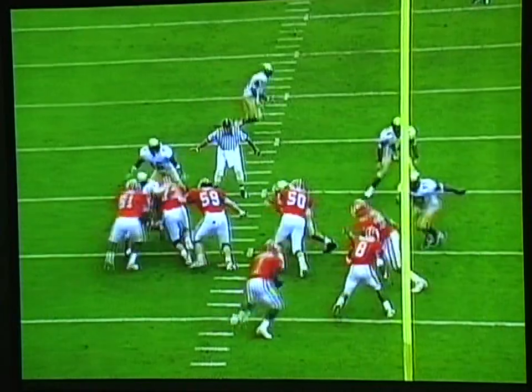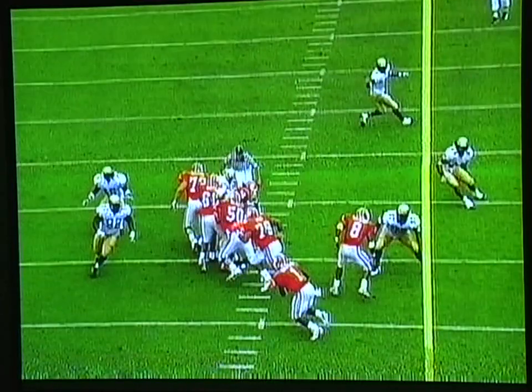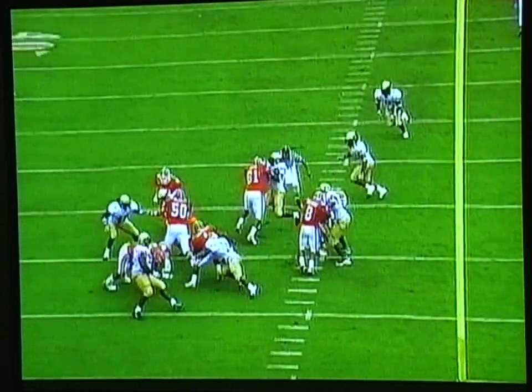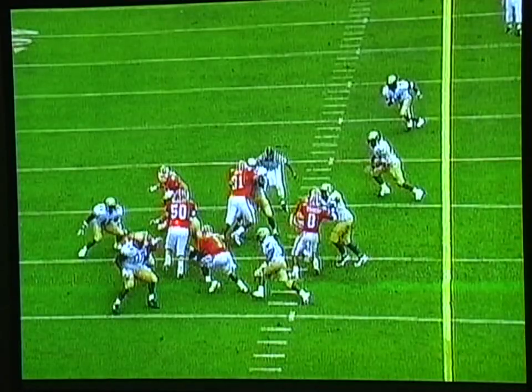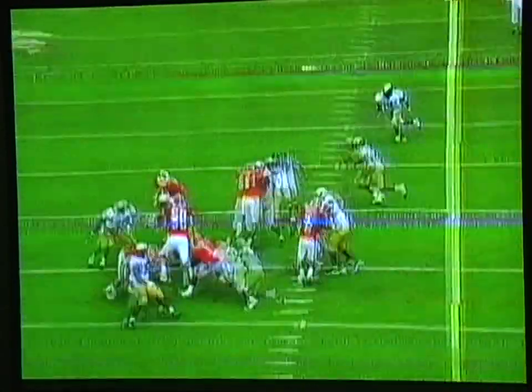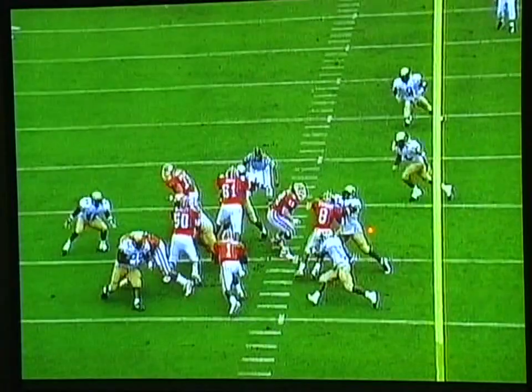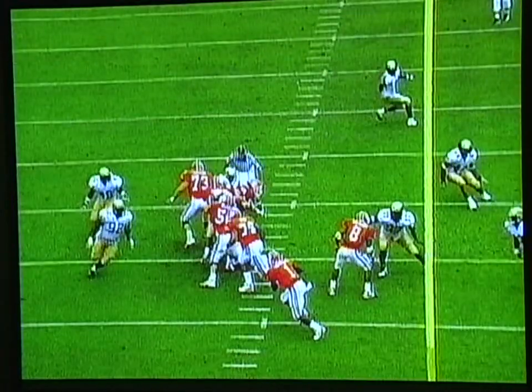Backside guard has got to press and cut off this. He's got to stop it. He's doing a good job of walling it and pressing it. He's leveraging it, and at least he's pressing his block. All right, gives that kid a chance to operate. Now the edge is a problem,